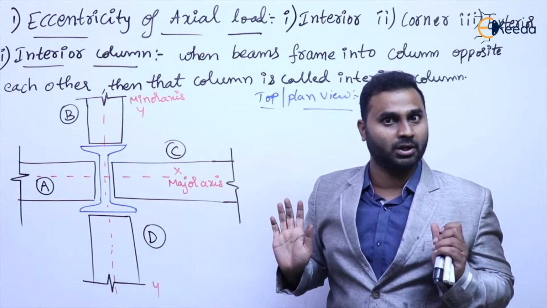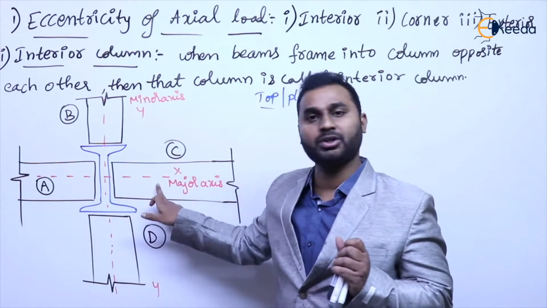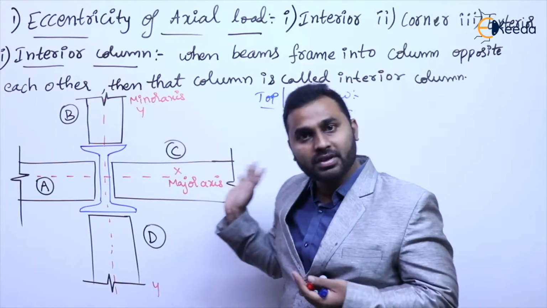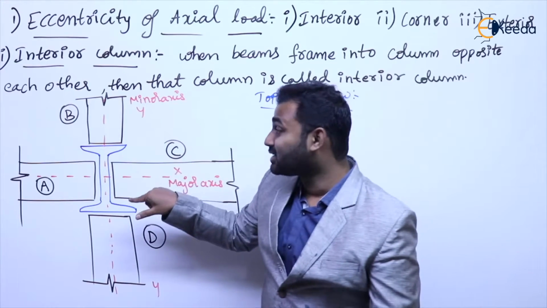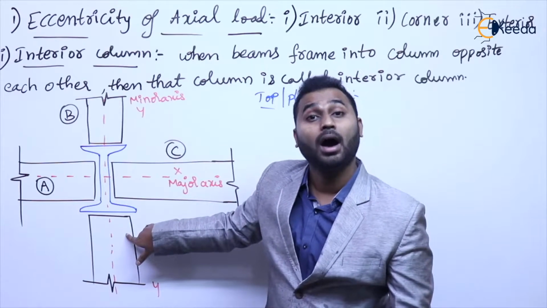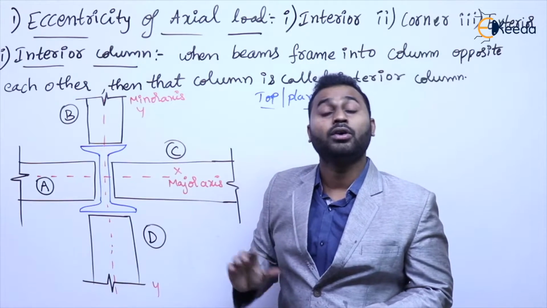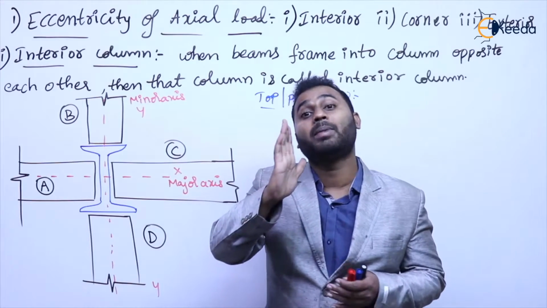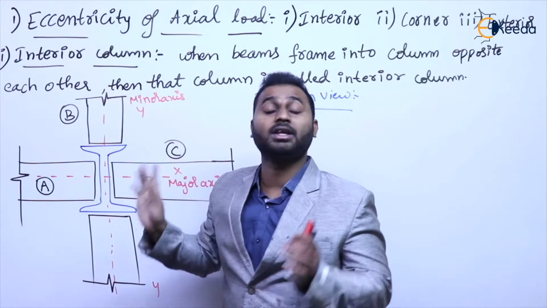Is it okay? Now what is meant by interior column? This is beam A, beam B, beam C, and beam D, and beams A and C are opposite each other, and beams B and D are opposite each other. Is that clear now, everyone? For this type of interior column, usually the reaction transferred by the opposite beams onto the column is the same. Therefore, the load onto the column because of these opposite beams' reaction is applied axially, and we assume that such interior columns are loaded with axial load.